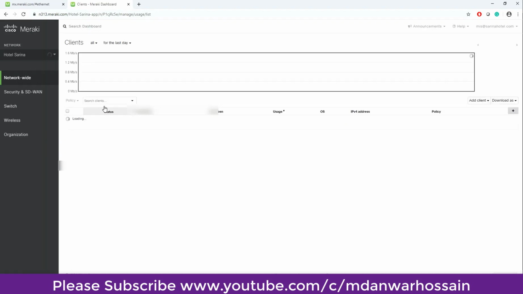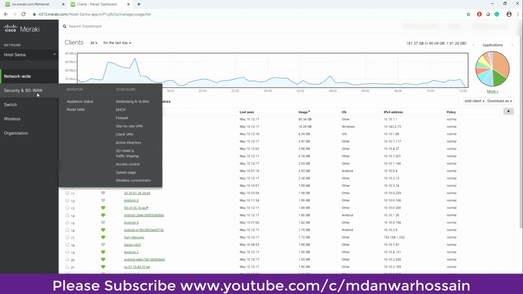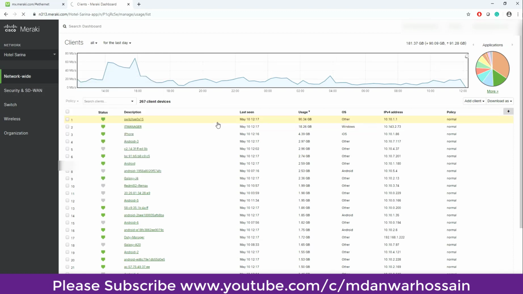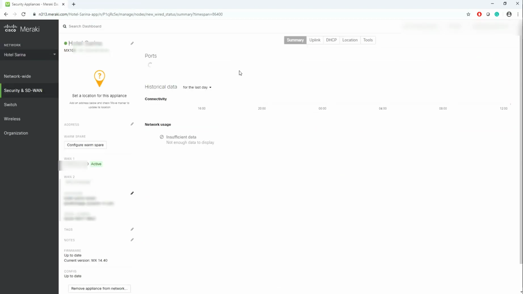Now we see our Meraki dashboard. To verify our configuration, go to Security & SD-WAN, then Appliance status. We can see our security appliance MX is connected to the cloud.